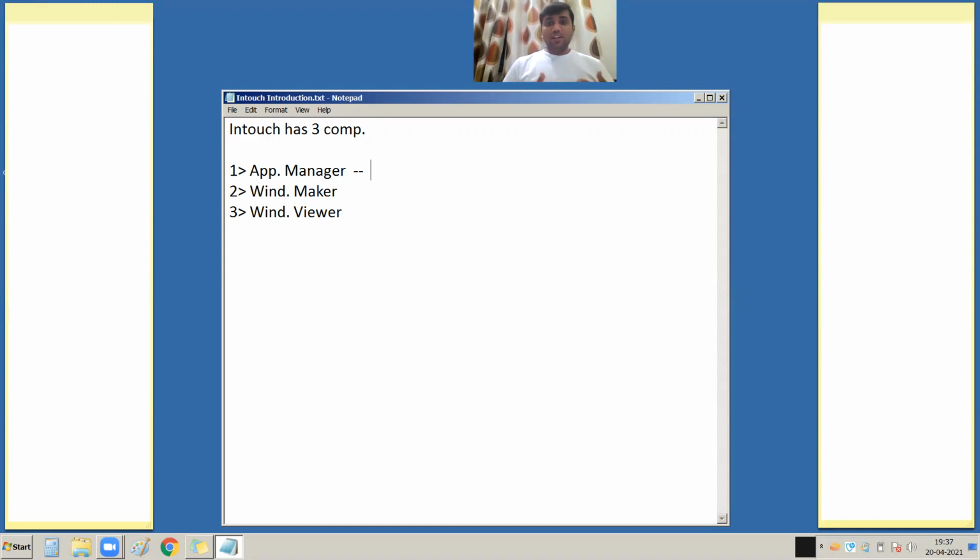From the Application Manager you can open and close particular projects. For example, if there are five projects on your laptop or computer, these projects are listed in the Application Manager. So Application Manager consists of the list of all your projects.